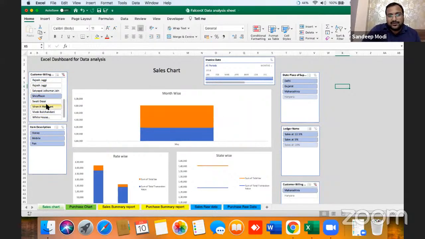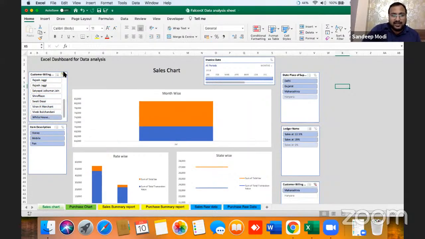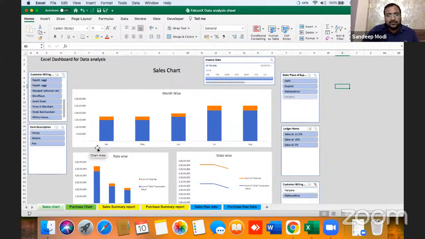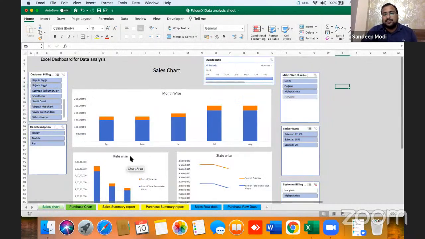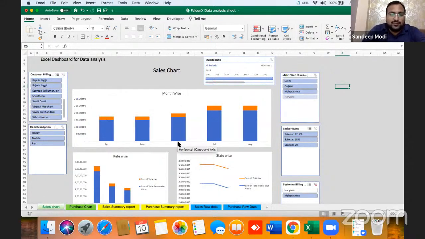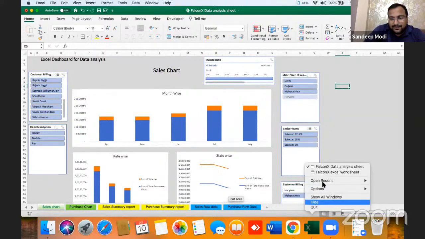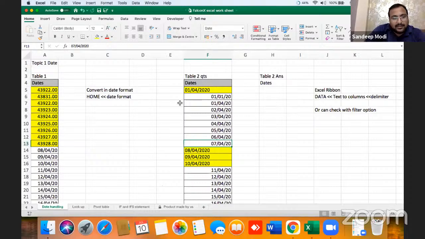Creating this kind of MIS is very easy, so we will learn this also. You have to simply put in the raw data, and how to prepare this chart, that I will teach you. This is a two-hour lecture, and in the last half an hour I will be explaining all of this. All the formulas we use will also be included, and will be useful for preparing that kind of report.